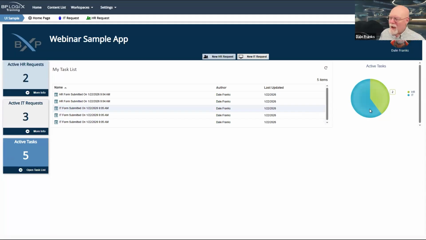Over here on the side, I have a chart that I have created, and it shows me all of my active tasks. I have 3 IT requests that I have some form of action that I need to do, largely because all of the actions are assigned to me in this system. And I have 2 HR requests that I need to do. So I've got this little infographic over here.